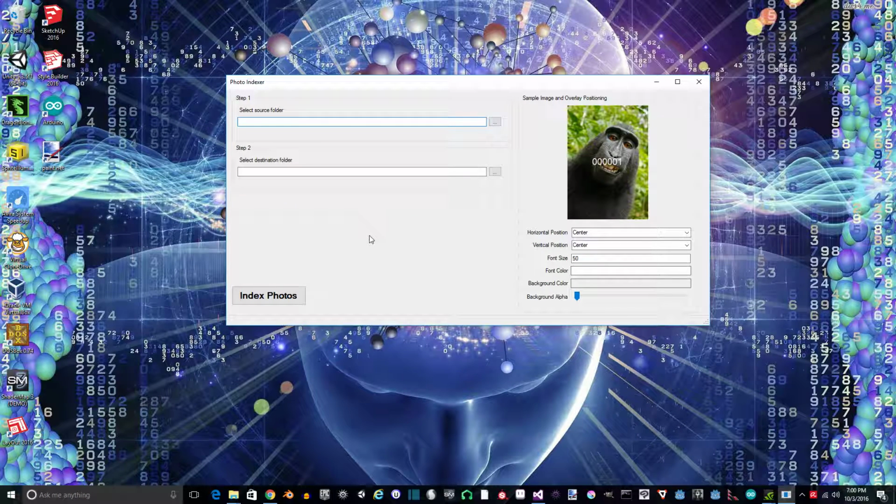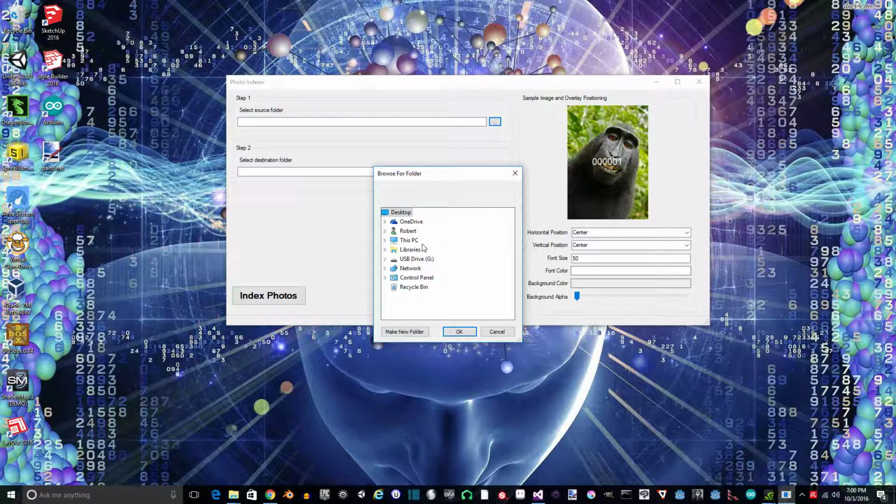Alright, this is a demonstration of the PhotoIndexer software. There's essentially two steps here. What we want to do first is select the source folder. This folder contains the pictures from your camera, whatever device you have. So for me, I currently have a folder called Sample inside my pictures library, and when